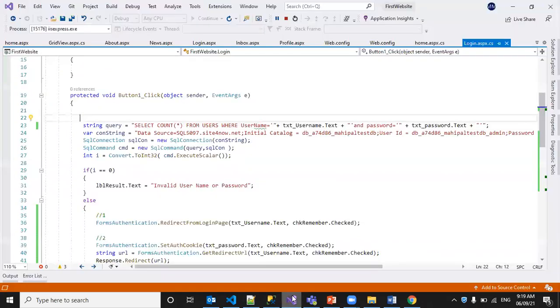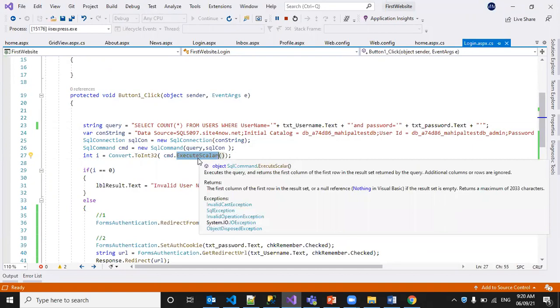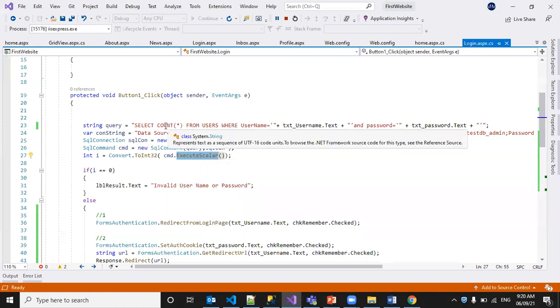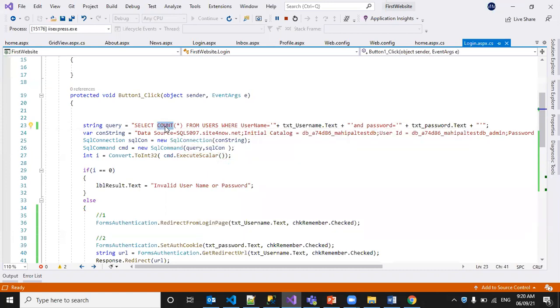So I'm connecting to the database and verifying how many users are available with the provided username and password. I'm executing the query using the ExecuteScalar method, which returns only the first column of the first row value. It returns a single value because it's an aggregate function, count. Okay, so I'm converting that to Int32.